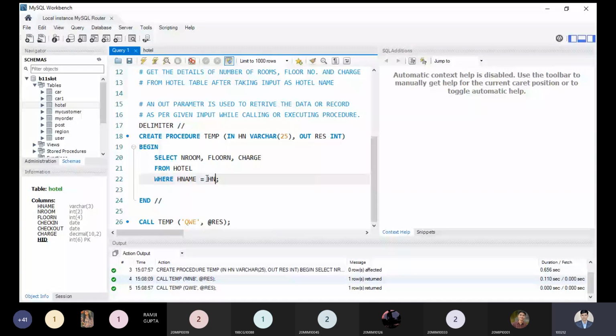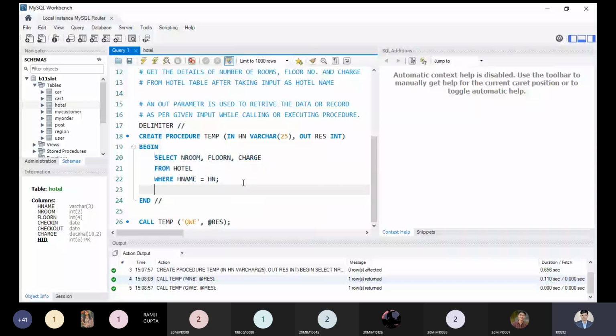So HN will keep the information that is KWE. KWE will pass over here, and after checking the condition, this will return how many records. How many records is it returning by this query?